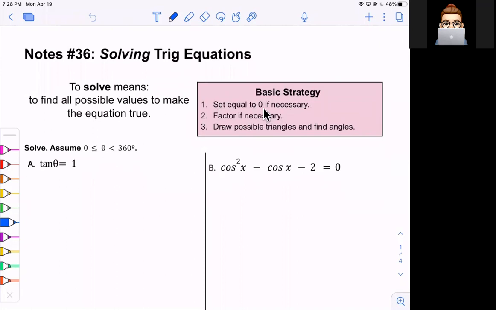Our basic strategy is going to be this. We're going to set it equal to 0 if we need to, and we're going to need to if we need to do some factoring, if it looks maybe something like this. We're going to draw all the possible triangles and find angles. So for this first one,